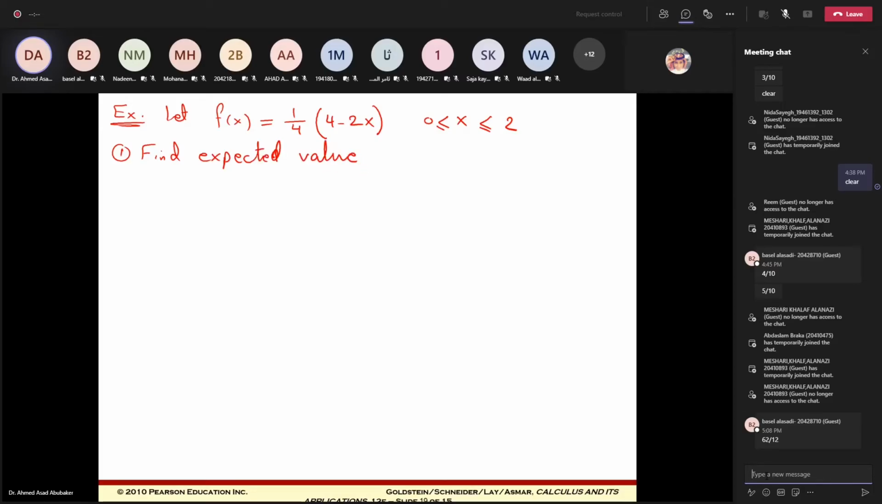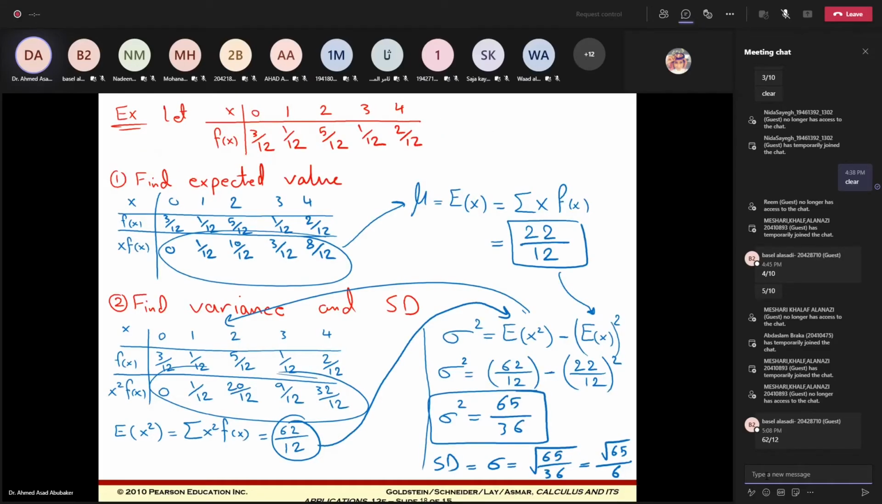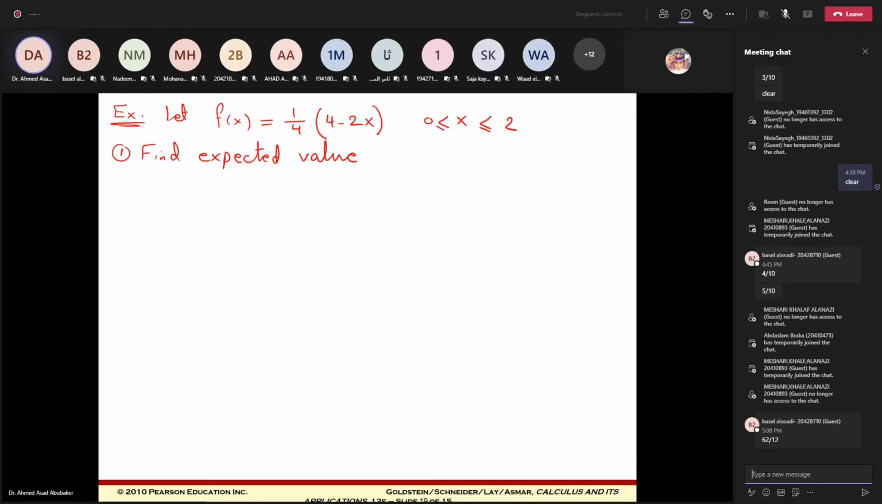To find the expected value, we use EX equal the integral from minus infinity to infinity of x f of x dx. But the interval of f of x is from 0 to 2. So the integral from 0 to 2 of x multiplied by f of x, this is 1 over 4, 4 minus 2x dx. After simplifying, before integration,